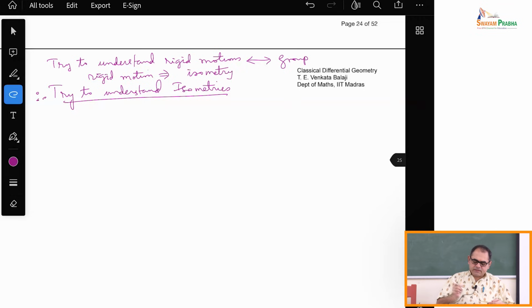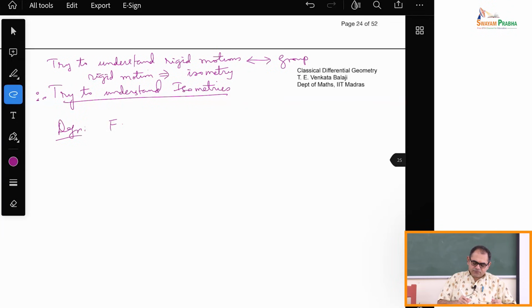Therefore, you try to understand isometries. So let us formally define these things now mathematically. So what is an isometry? It should be a map from space back to itself, and it should preserve distances. So here's the definition: a map capital F from Rn to Rn is called an isometry